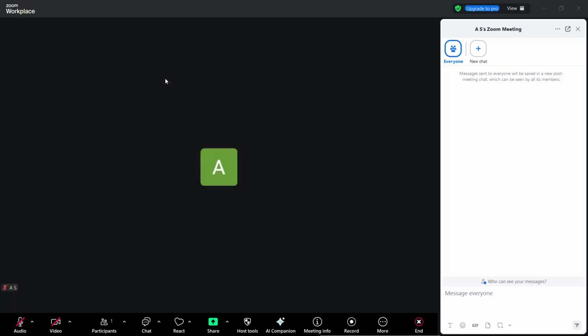After selecting the file, it will be prepared in the Zoom chat box. At this stage, you'll be able to see that it's ready to send. The last thing you need to do is click send. Once you do, the file will be shared in the meeting chat for others to access, depending on the meeting